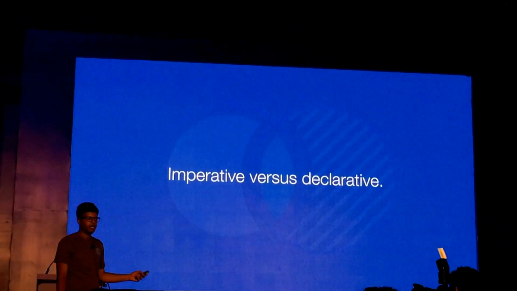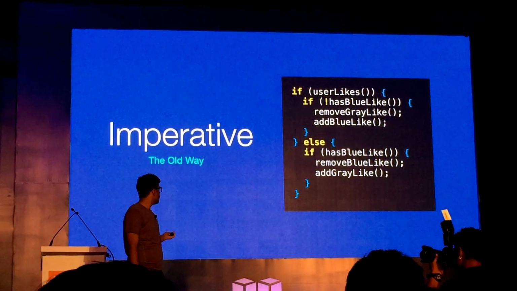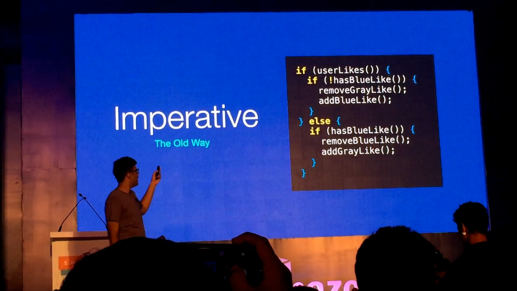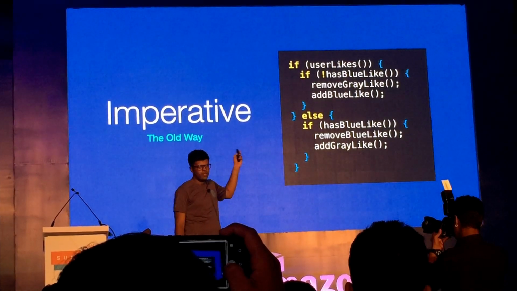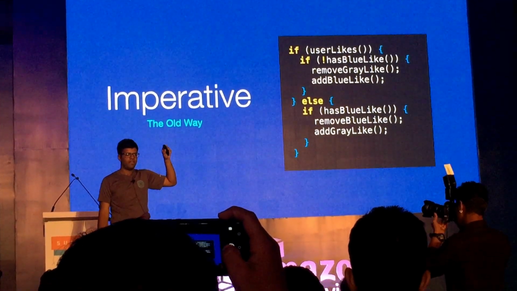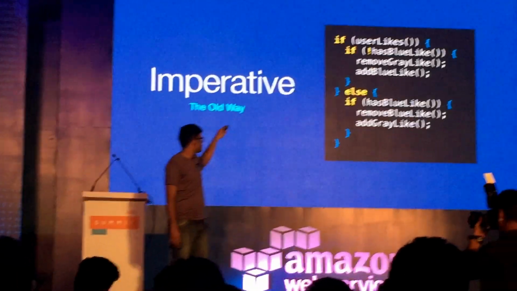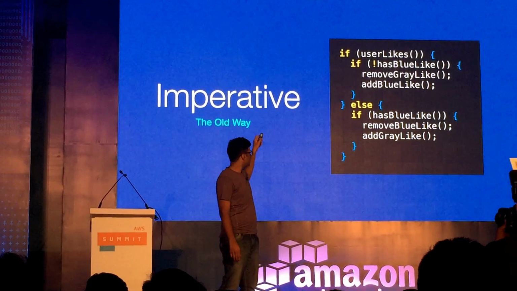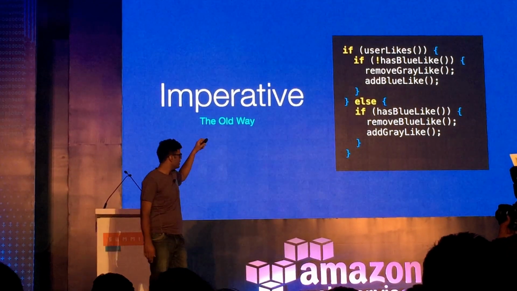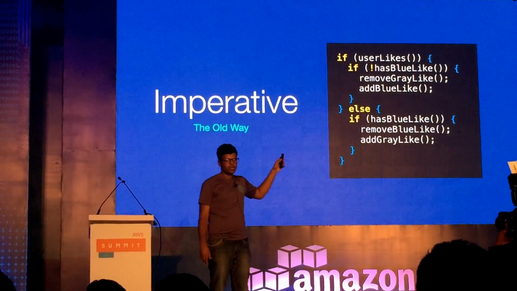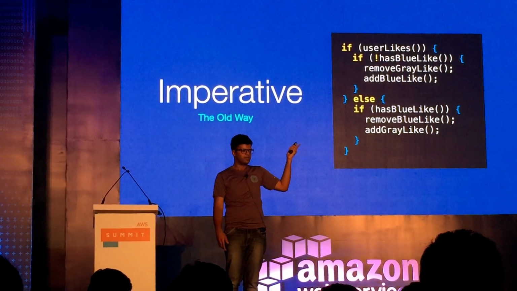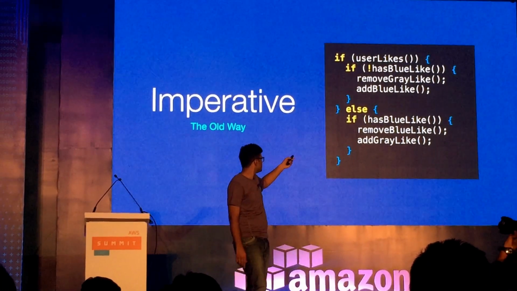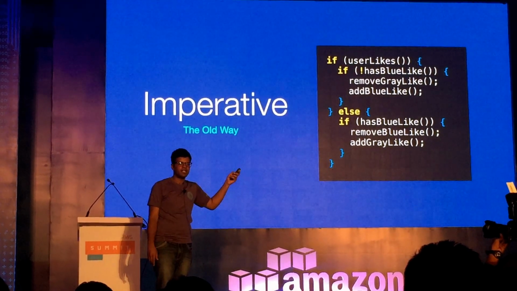Imperative versus declarative UI. So this is the old way. In this I am managing states. So I check if the user has liked it, then I check for the state, and this is all happening when you click the event. Whenever the user clicks on that like button, you will first check the state, if it already has been liked, and if it does not have it, then you remove the like and then add the blue like. Else, again the same thing. So when you click the like button, it will change and then change back if you want to do that. So the problem here is, this looks easy when you see it like this, but when more state is added, it gets more complicated.